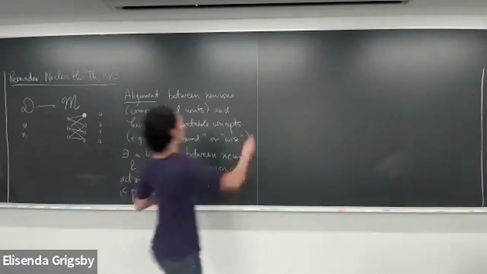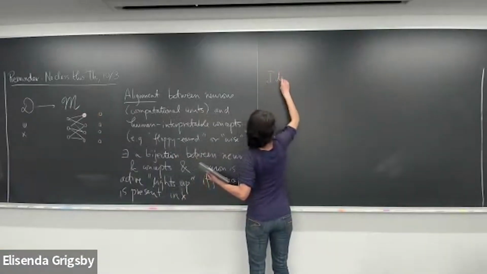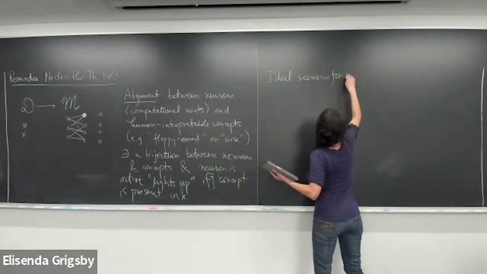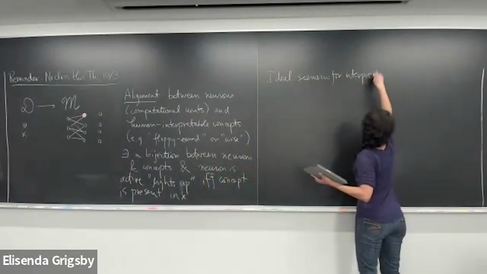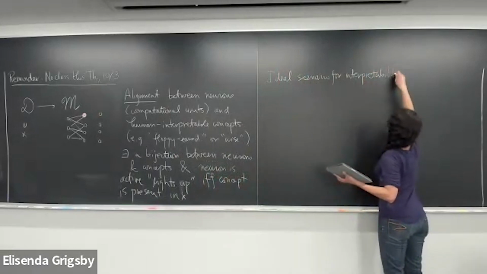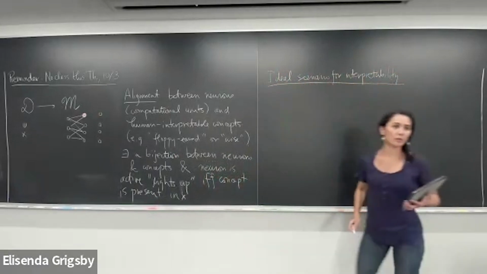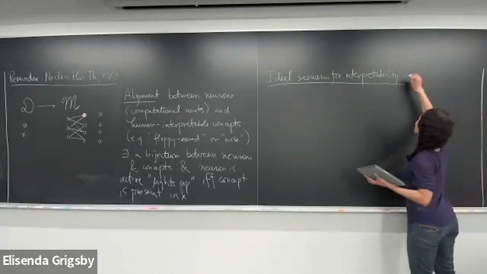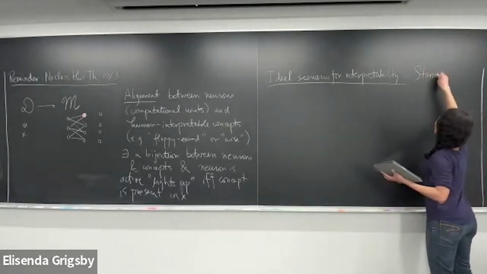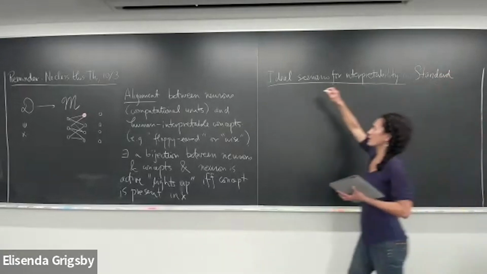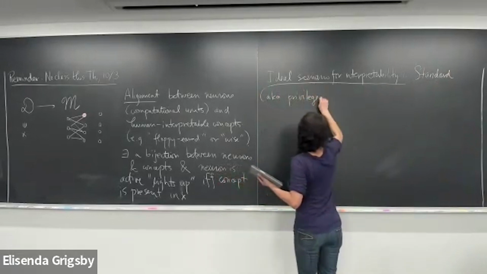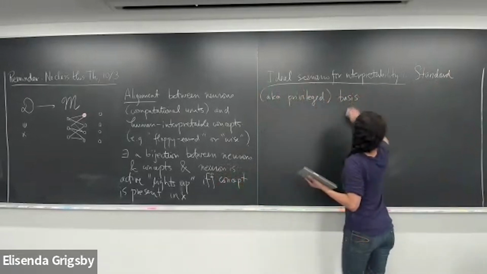Say the ideal scenario for interpretability of the model, or the start to what you would want for interpretability of a model and how it handles data, is that the standard, and you might see the word privileged, aka privileged, basis vectors